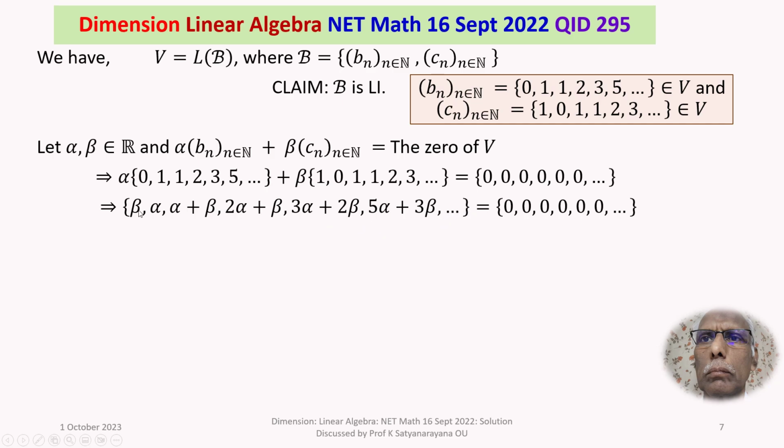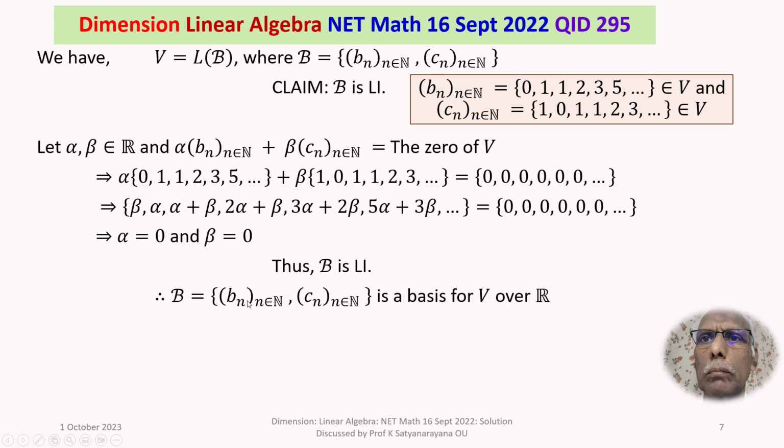So equating the corresponding terms, first term beta is equal to 0, second term alpha is equal to 0, and they are all zeros. So alpha plus beta is 0, alpha is 0, beta is 0, alpha plus beta is 0. So all of them are satisfied. And this will imply alpha is equal to 0 and beta is equal to 0. So this will tell you that B is linearly independent. We have already seen that B spans V, and B is linearly independent. Therefore, B, the set consisting of the two sequences, sequence Bn and sequence Cn, is a basis for V